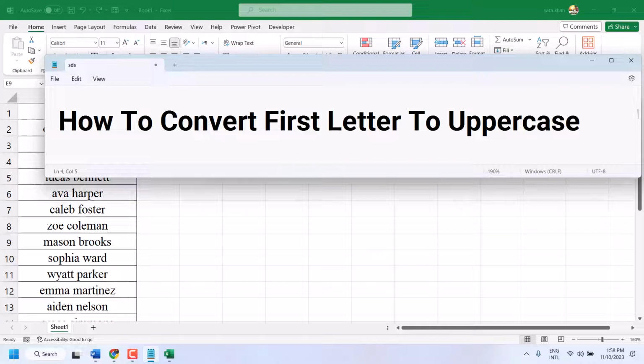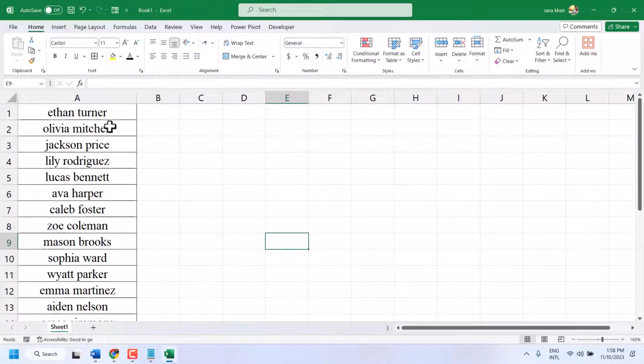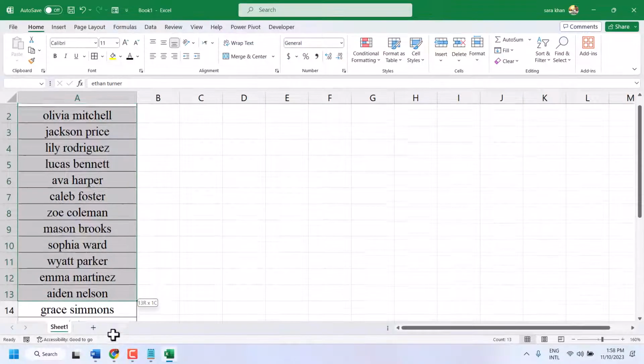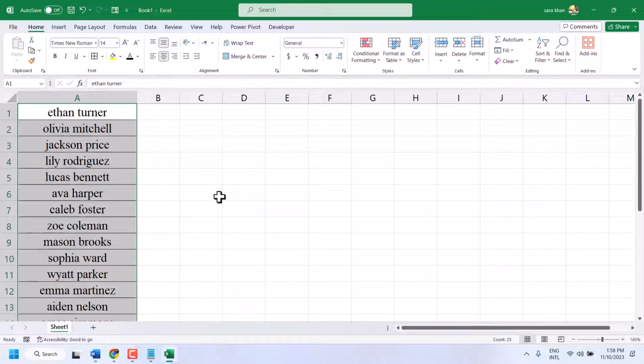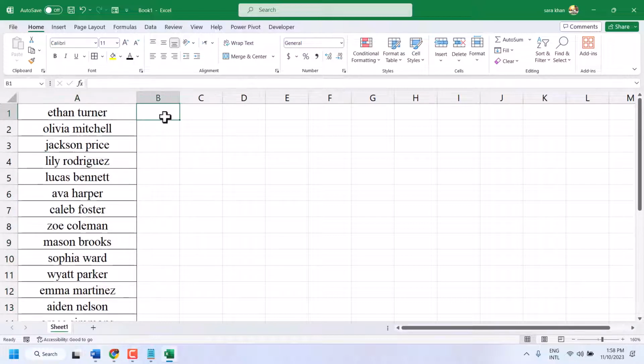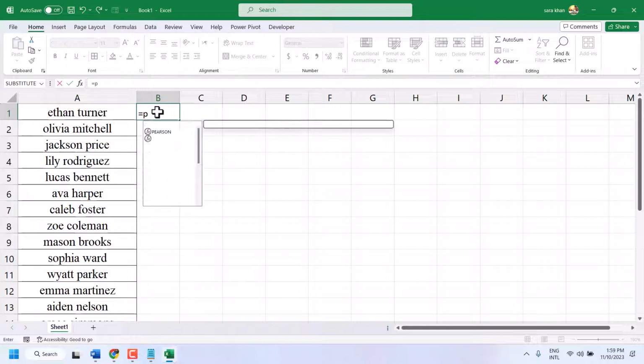In this video, I will show you how to convert first letter to uppercase in Microsoft Excel. So we can see we have this sample data, and guys, you want to convert this data into capital as first letter. So add this formula equal sign proper,